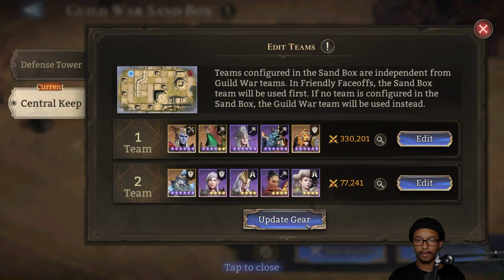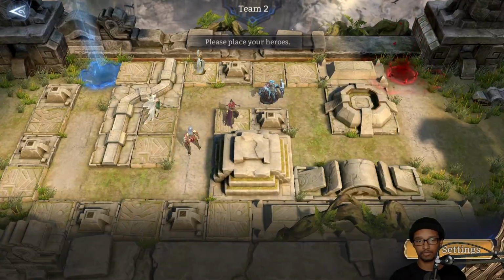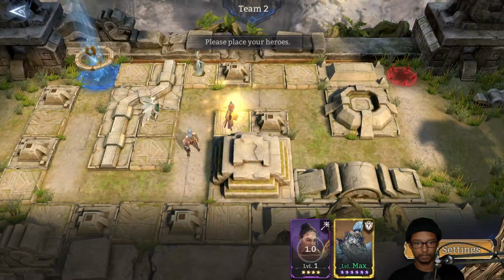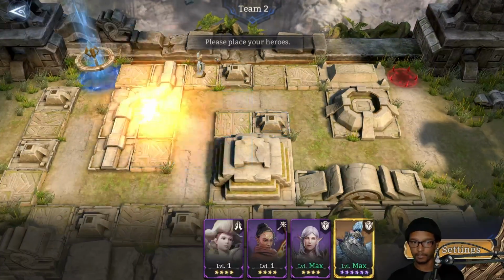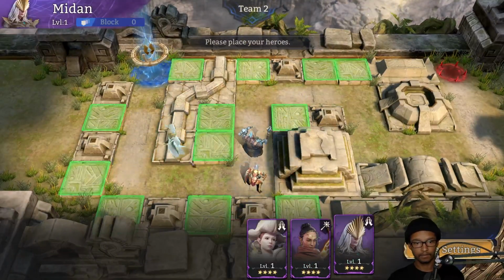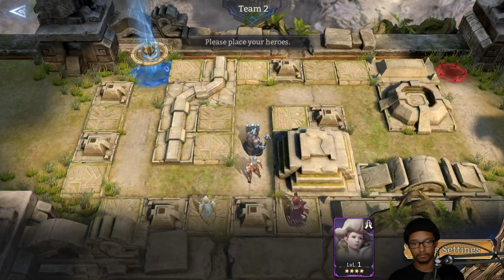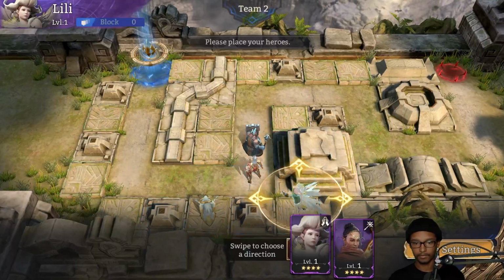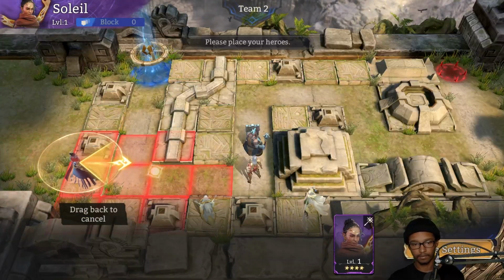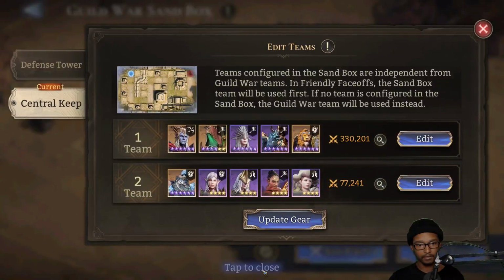All right, so we go ahead and also edit this team and fill it back one extra tile here. Good Lord, so many units to click. And then there we go. So we're going to put Brokir here, Livian here, Madon, Soleil. Actually, technically, let me not do this like a burger. I guess this. This is horrible, but I guess this. All right, so what we should see is,